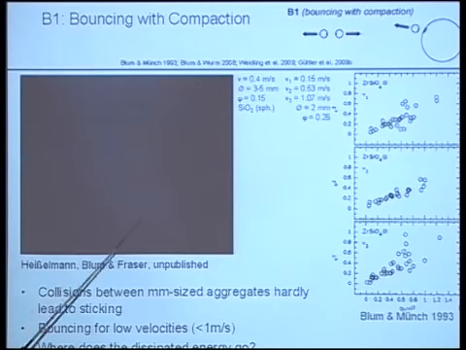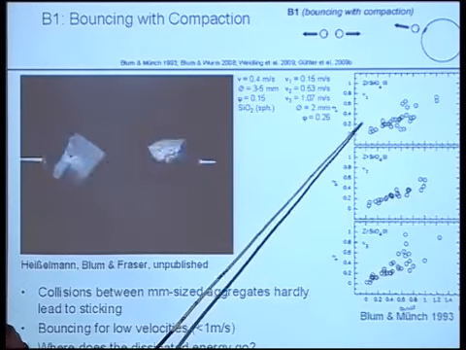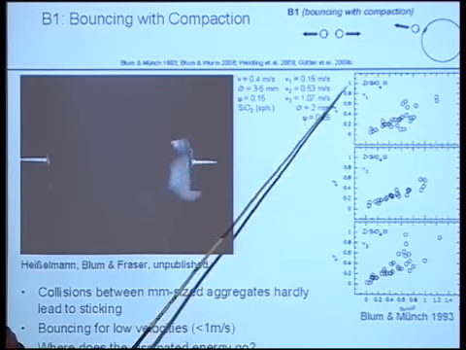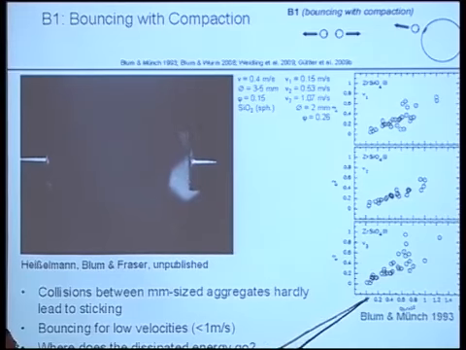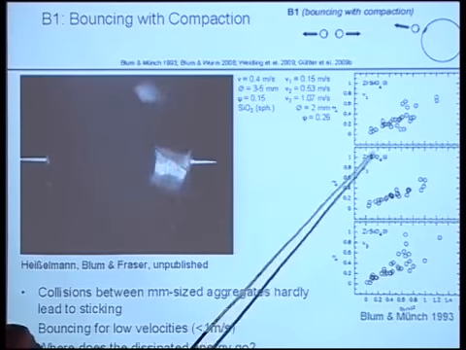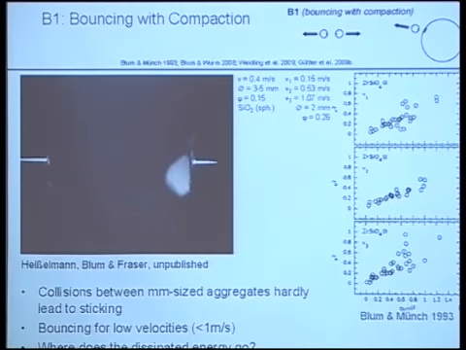We asked ourselves, where does the energy in this collision go? And earlier work has shown that the coefficient of restitution squared, this is this number as a function of impact parameter, and let's have a look at the 0 value, which is central collisions, is almost 0. So like 95% of the kinetic energy in this collision is dissipated somehow. And the question is, where does that energy go to?